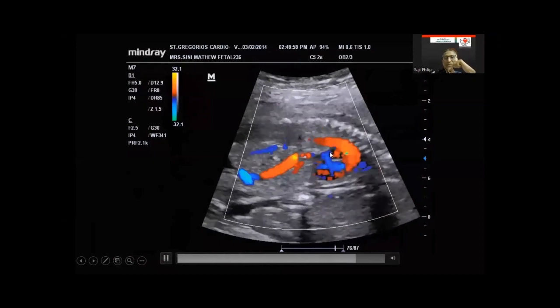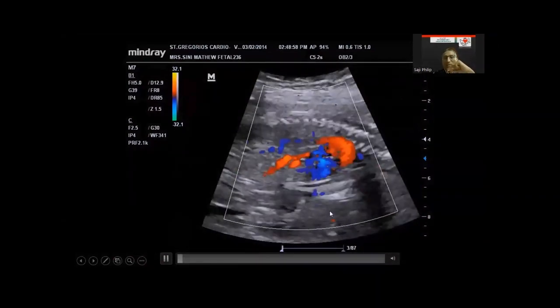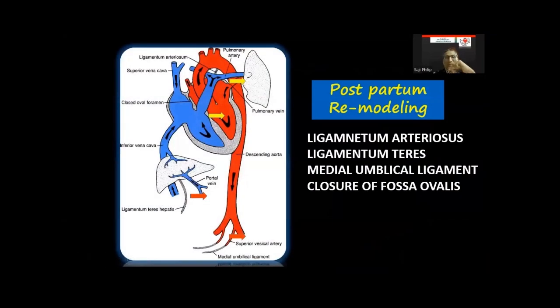There you put the cursor, and you get that kind of Doppler wave. Then the postpartum remodeling: if you look at the ductus venosus area, that will become the ligamentum teres hepatis. And the ductus arteriosus: immediately after cutting off the umbilical cord, the lungs will work and the oxygen will